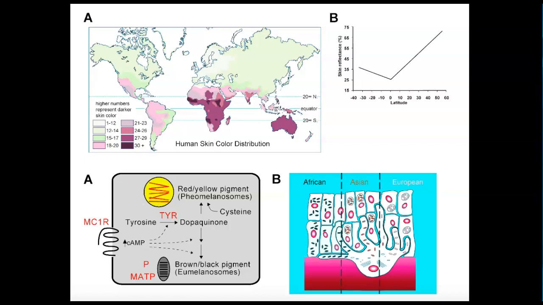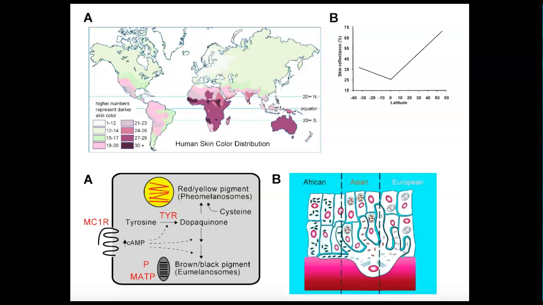As you move further and further north towards the Arctic Circle, you're getting less and less UV radiation, and therefore you need to let in more of that UV radiation to your skin so that it will make that vitamin D. And therefore you have lighter skin up near the poles, where you're getting less UV radiation,